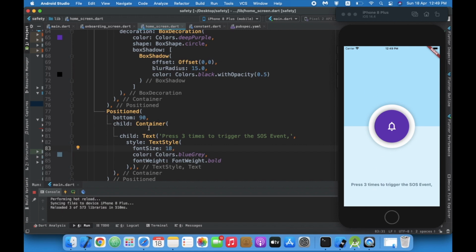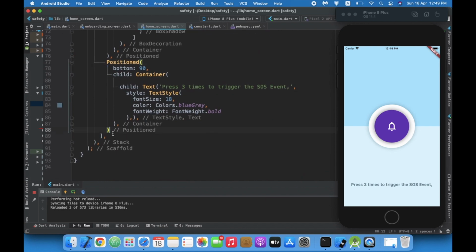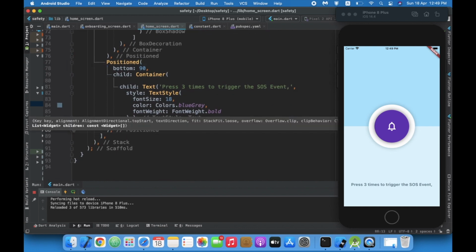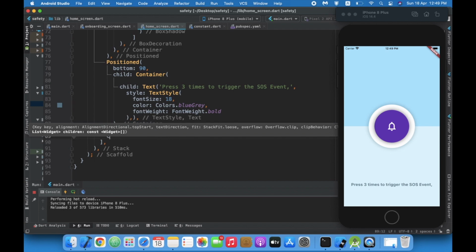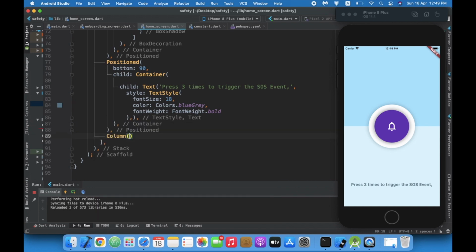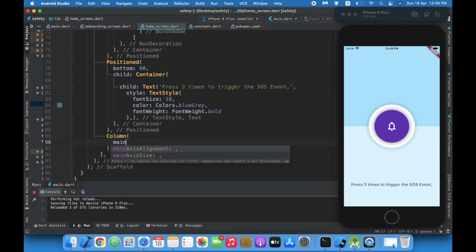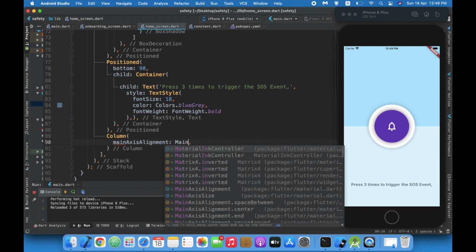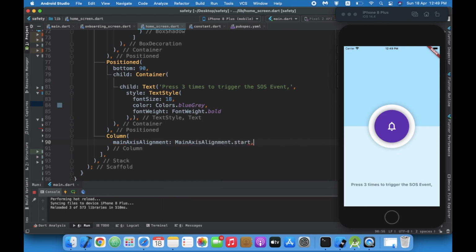Okay, now after this position I'm going to create a column. Okay, the main axis alignment will be main axis alignment dot start, cross axis alignment.